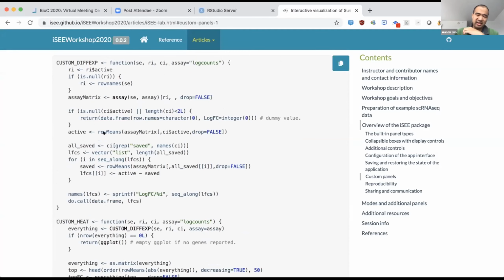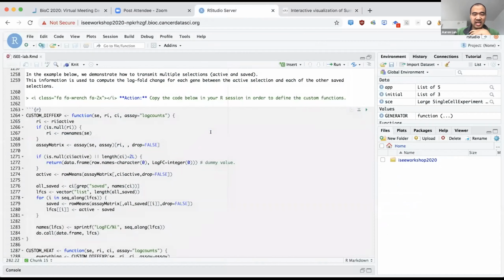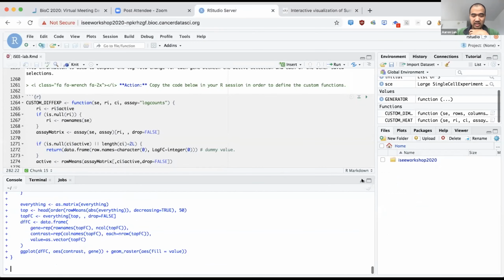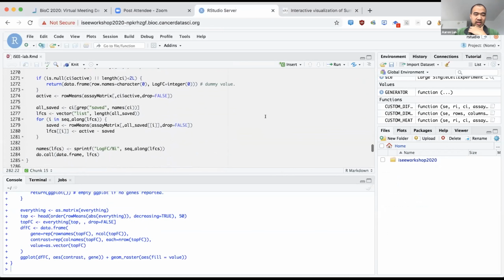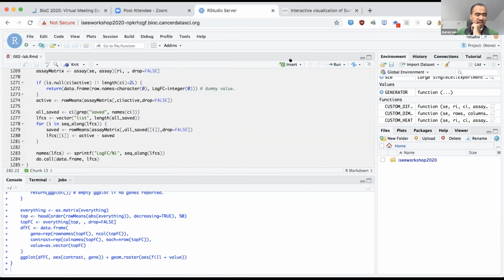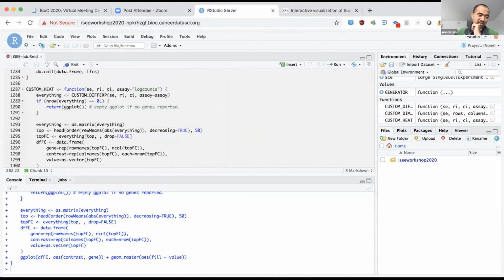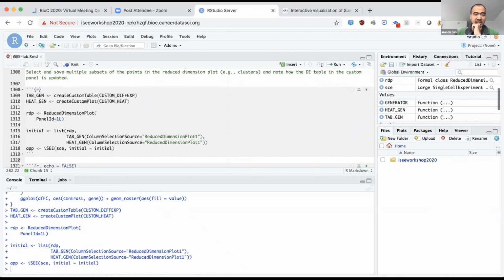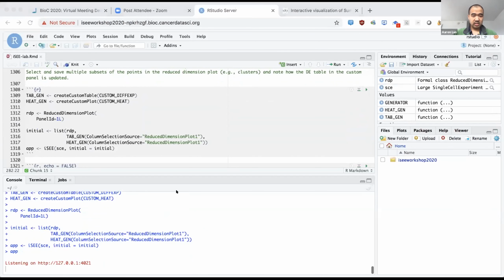You can do anything here. You can do edgeR, limma, DESeq, or your t-tests or whatever. Right now, this function does something really simple: it just computes log-fold changes, but you can do anything arbitrarily complex inside these functions. I've also got a function to make a custom heat map, and we'll have a look at that in a second. But if I run this and set this up,